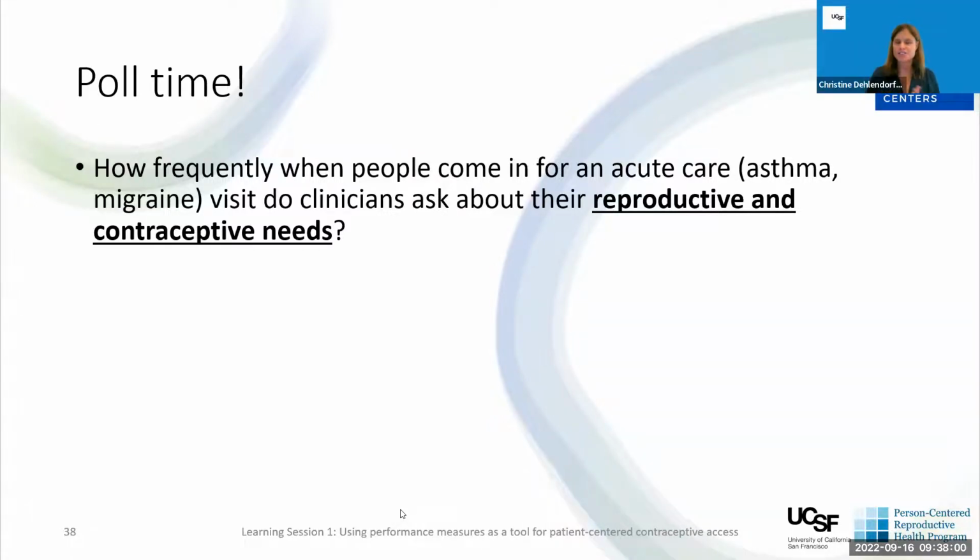And while you're answering that question, I'm going to answer Deanna's question. So we actually have developed separate ECQMs for people who are currently pregnant in a given year versus people who are not. And both of those measures include SYNC, the self-identified need for contraception. So patients who are postpartum and say they don't want to use contraception also get removed from the peripartum measure as well. While in this particular project we have primarily focused with you all on SYNC in the context of people who are not currently pregnant,